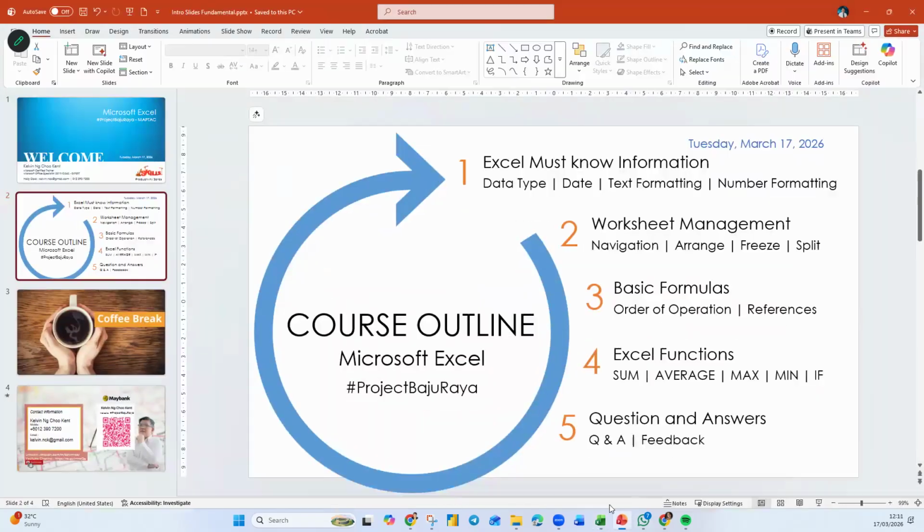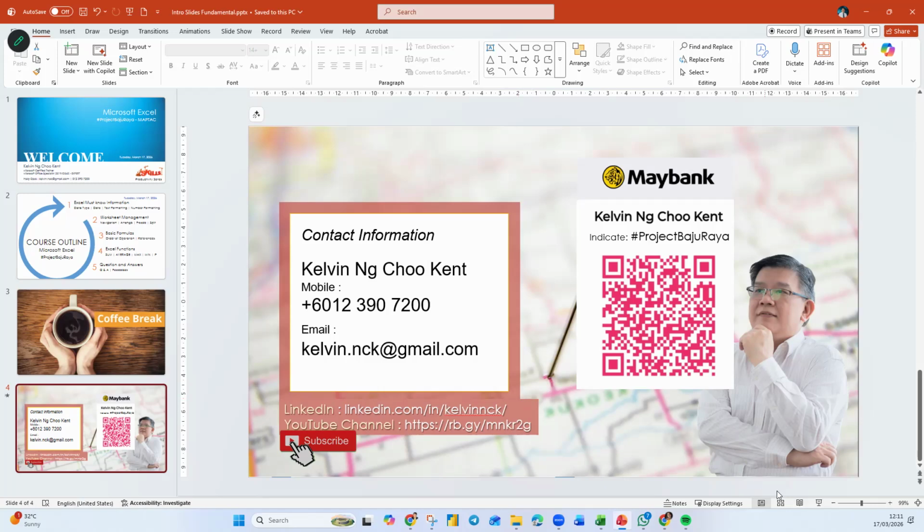Okay, so this is what we have covered, these 4 items here. Then we talk about the minimum. I didn't talk about the average, but it's the same as sum. It should be the count function. I didn't change it. So we talked about the order of operations and so on. All right. Now I'm not going to take too much of your time.